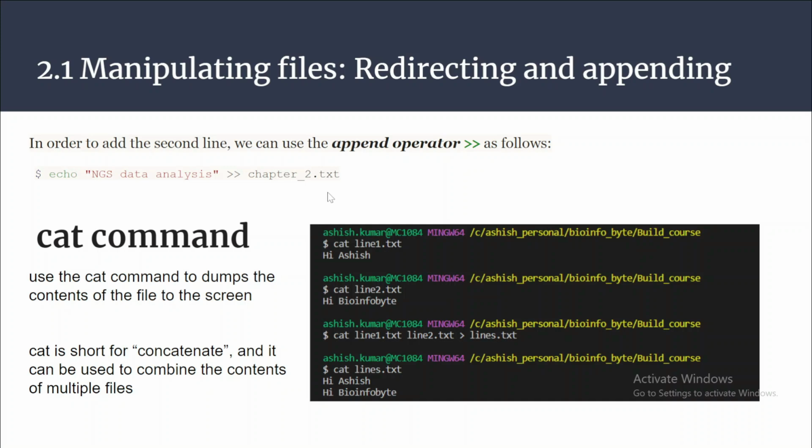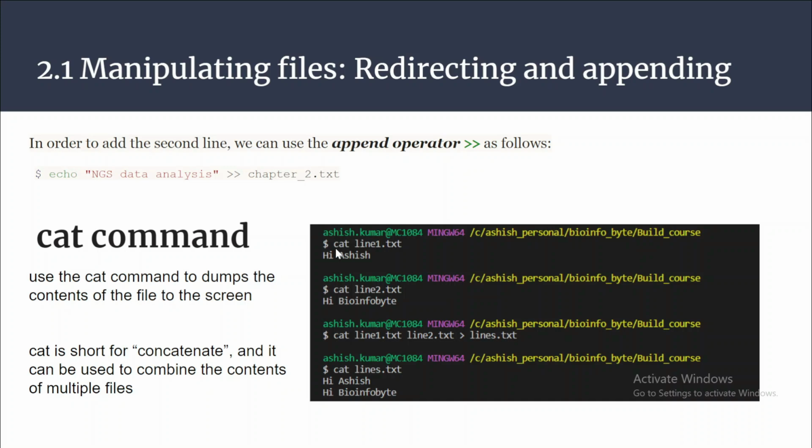Got it. Now there is also an additional feature of the cat command. The cat command is not simply for showing the content of any file on the screen. The short form for the cat command is concatenation, which means to add. So it can also be used to combine the content of multiple files. How can you do that? For example, here you can see on the right hand side.